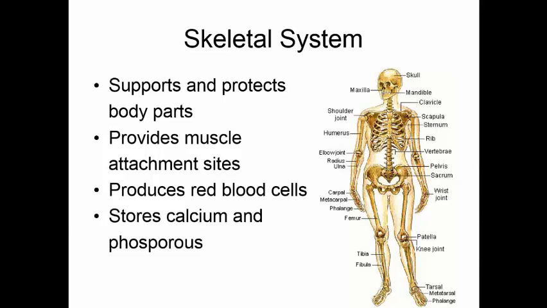Skeletal system is all your bones there, supports and protects your body parts, like your skull protecting your brain and your ribs protecting your heart and your lungs. Provides muscle attachment so that you can move. Produces those red blood cells and white blood cells, and then helps to store calcium and phosphorus in case your